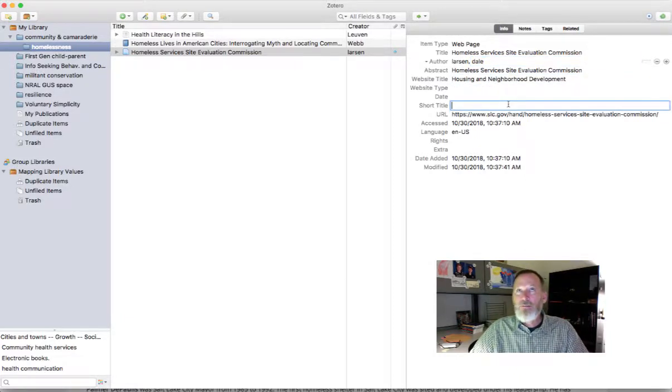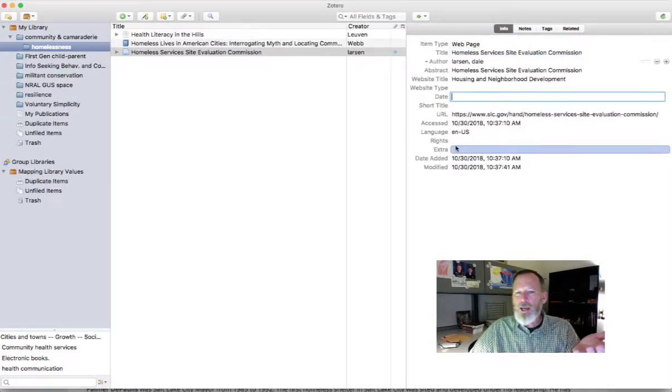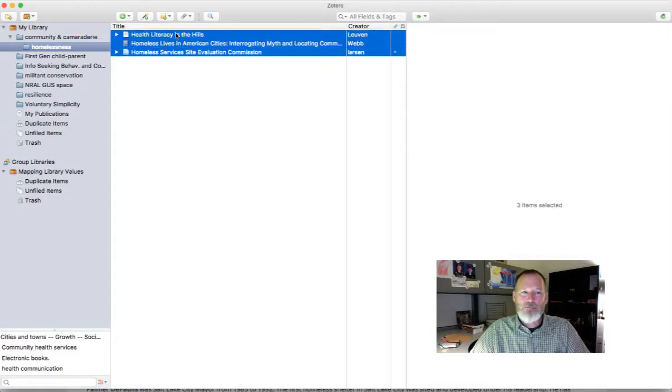If you have an APA style and you have to put all the titles in lowercase, that's how you would do that as well. So each one of these is editable. If you call them up and you say, hey, what date did you publish this web page? You could go in and put that date in whatever format you wanted to. Okay? What you do at this point is you can cite all three of these